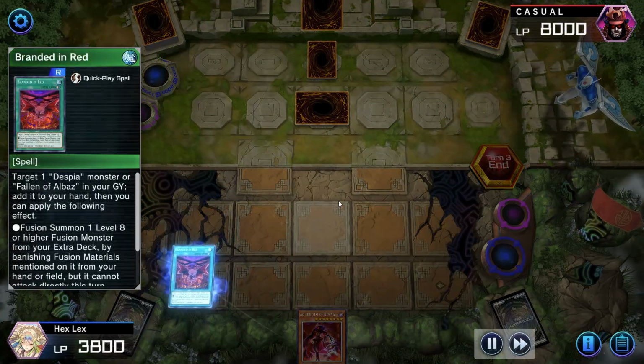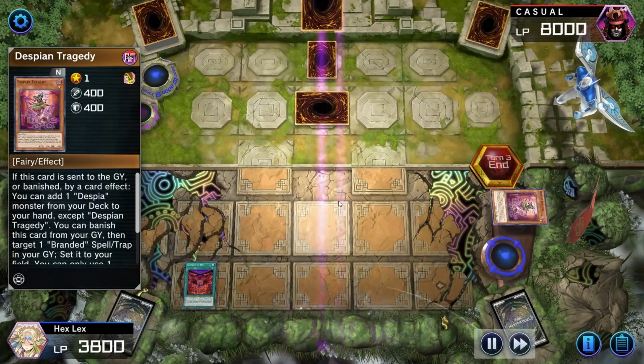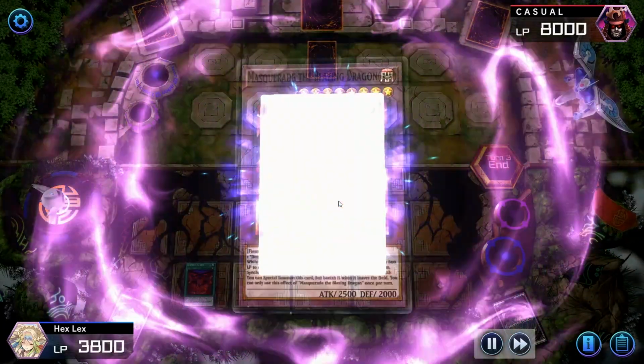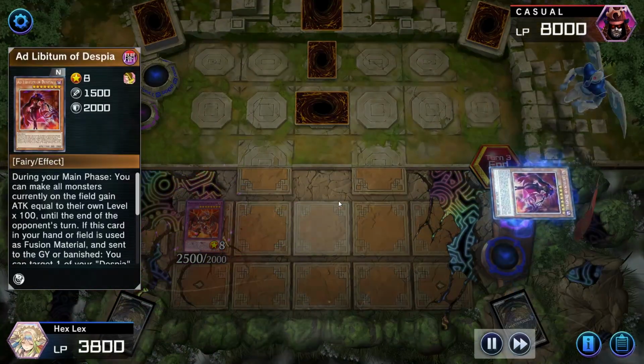So opponent Set-ting and passing is absolutely something we love to see here. That's going to give us plenty of opportunities to generate some really solid advantage on the board. We can even, I don't remember if we do end up doing this, but